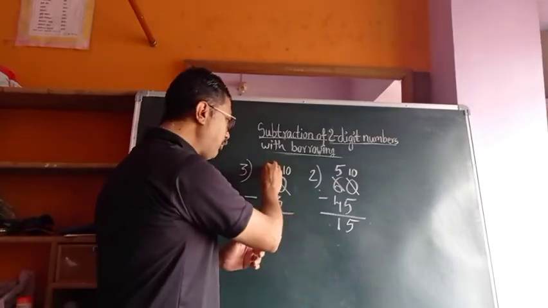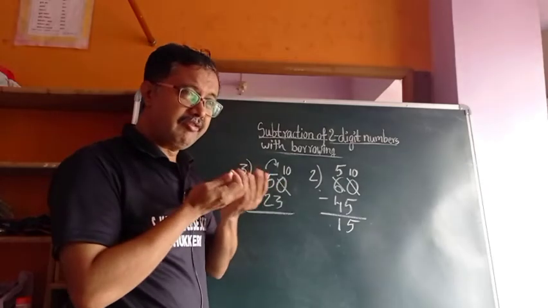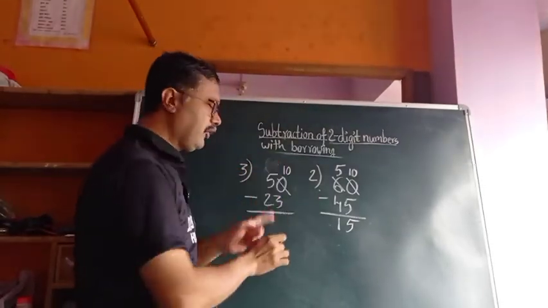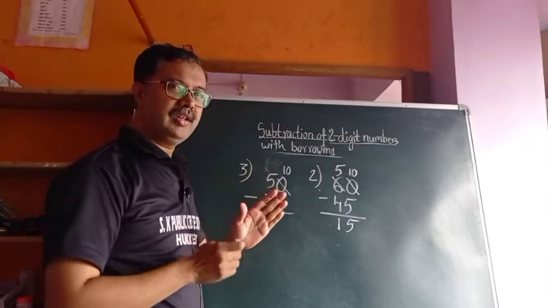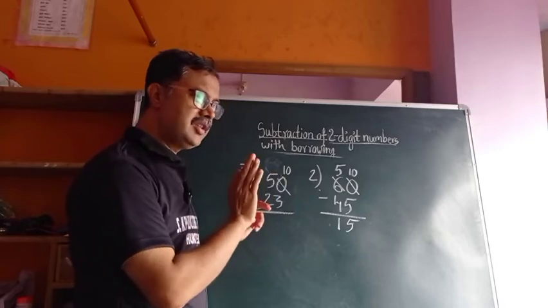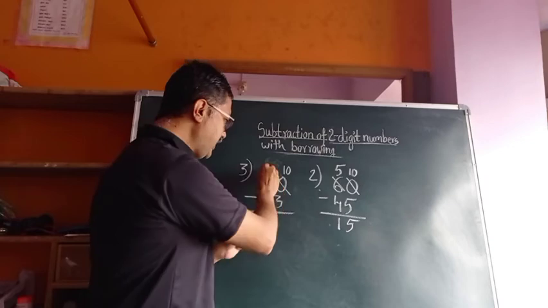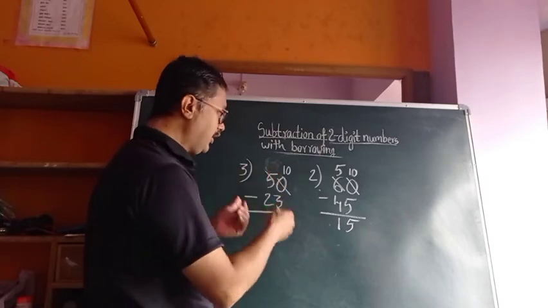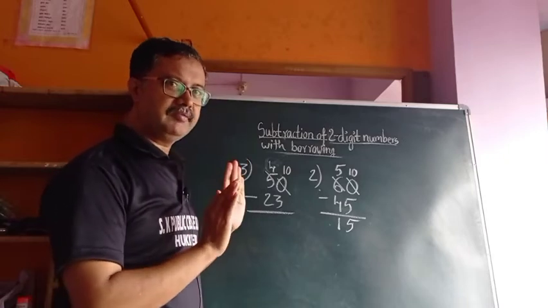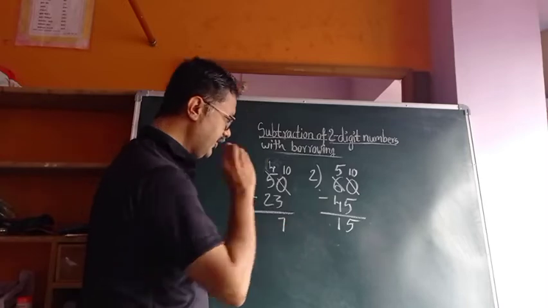Why? Because we are borrowing numbers. We are taking from them. So we have to make it less and we have to write a new number. Less 1 we have to write instead of that one. Simple logic thing you have to remember. Instead of 5, the backside number 4. Okay, now it is ready. Now it is ready. 10 minus 3, 7.